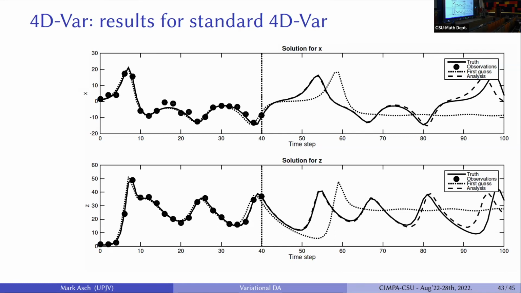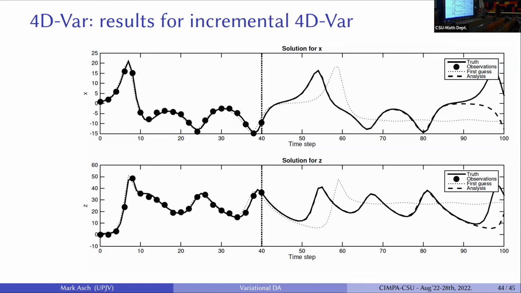And then there are improvements on 4D-Var, which is called incremental 4D-Var, which adds another step, and incremental 4D-Var goes even further. So this is just to show you that in a very complicated chaotic system, 4D-Var using assimilation over a period from 0 to 40 time steps, like 2 seconds, can then project forward at least another